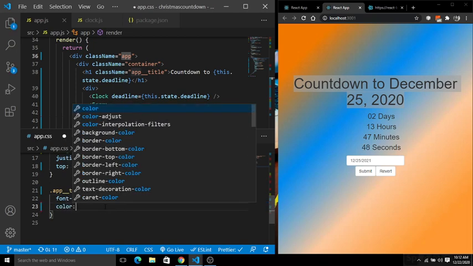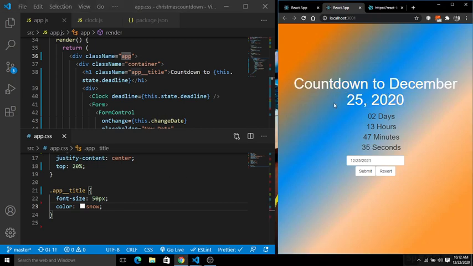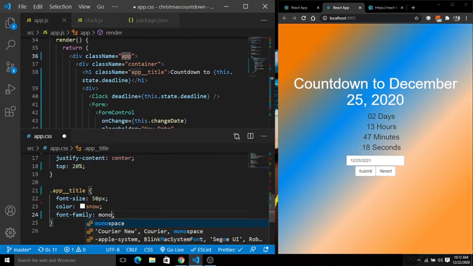And color, let's give the color. I am giving the color here white. Okay, now give the color of snow because it is Christmas here. Here is white like snow. Next, you can see I am done with this. You can use Google fonts here for styling all these fonts. I am giving the font family of Monospace. Save this.